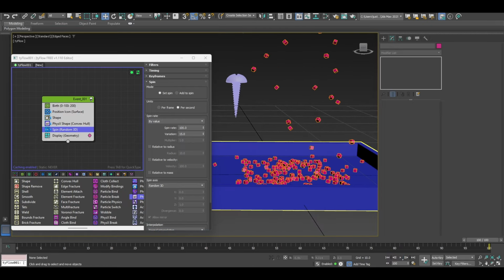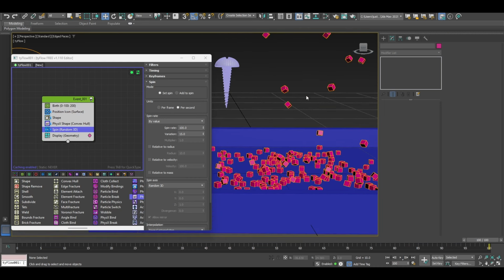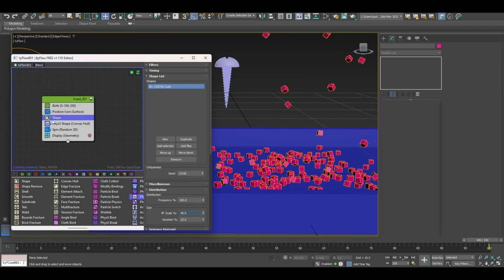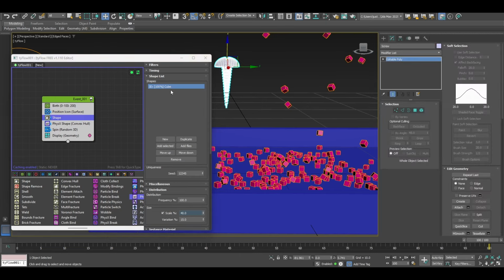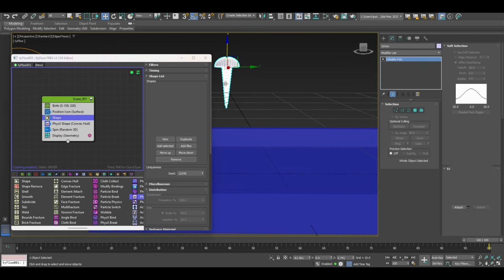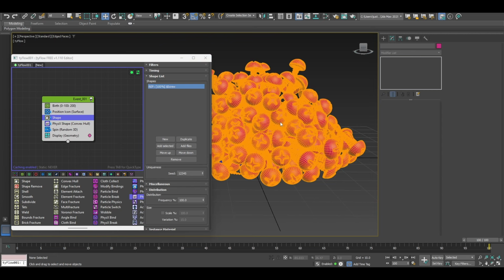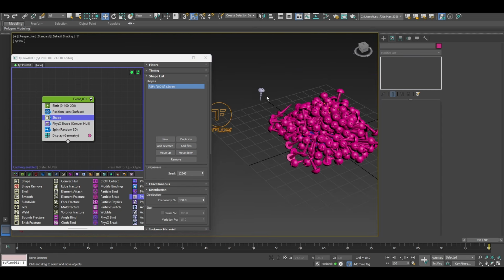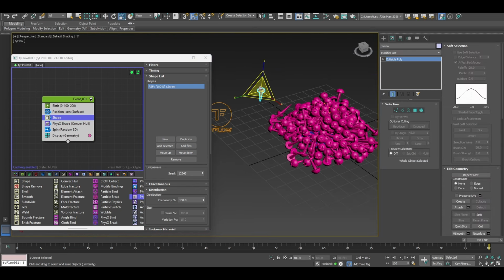And now what we can do is let's start to change these cubes into our screw. So I'm going to go over to our shape, and we're going to remove this guy. So let's remove the cubes, and let's select our screw and say add selected. Now these things are huge. That's because our screw is actually really big. Alright, so if we bring that screw down, scale it down,